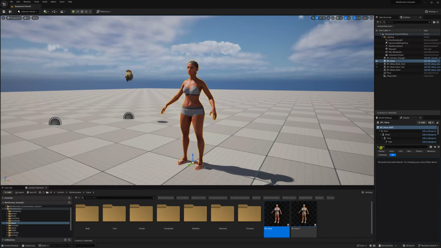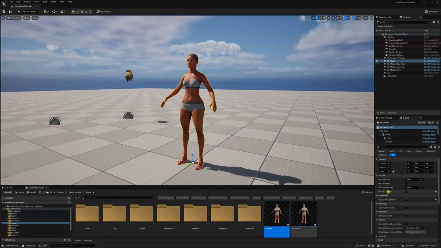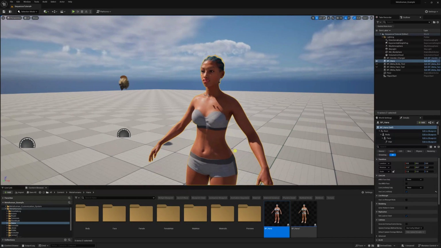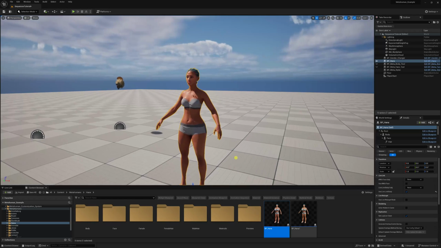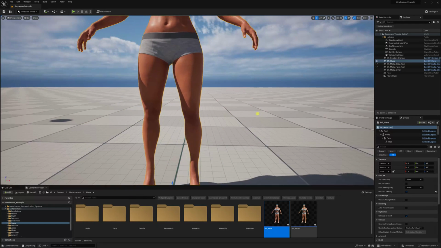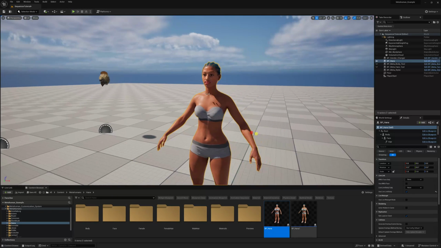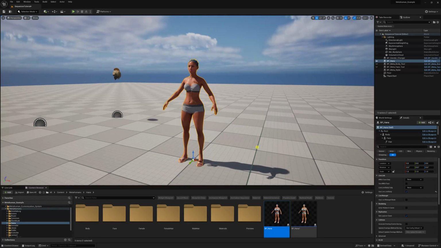Before I add a sequencer, I might want to click on use live link body. If I choose use live link body, I might want to do this, I might not. But if I choose it, I'll get the customization that we have done. It will be showing in real time, but only the body and the face customization. Unfortunately, there's no way to make the clothing customization show automatically in real time,